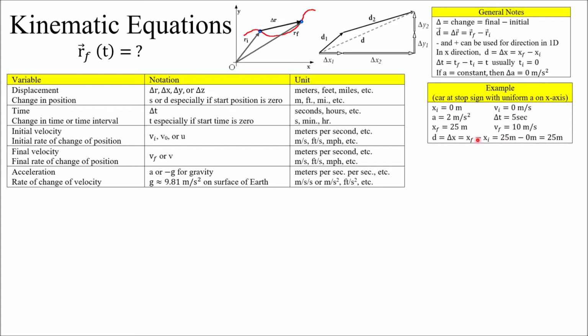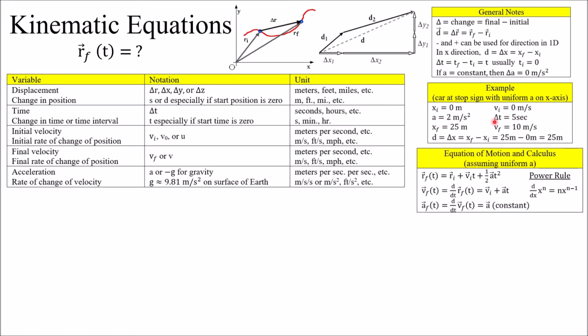And that would kind of fully describe that situation as an example. And what we want to be able to do is calculate this if we're given a problem. If we're missing one of these 5 variables, we can start to calculate what it is and make predictions. And so our equation of motion with this calculus coming in, assuming that you have this uniform or